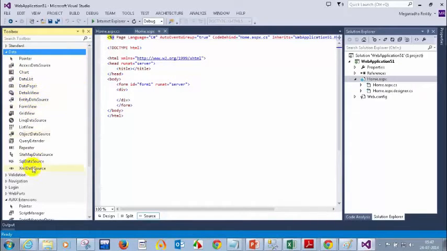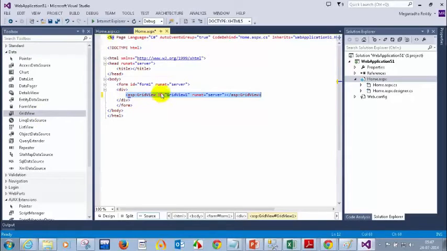Normally we use grid view to display values from the table. So let me drag this and put it here. We have a grid view, and let me name this GV grid view. GV indicates grid view, GV employee details.